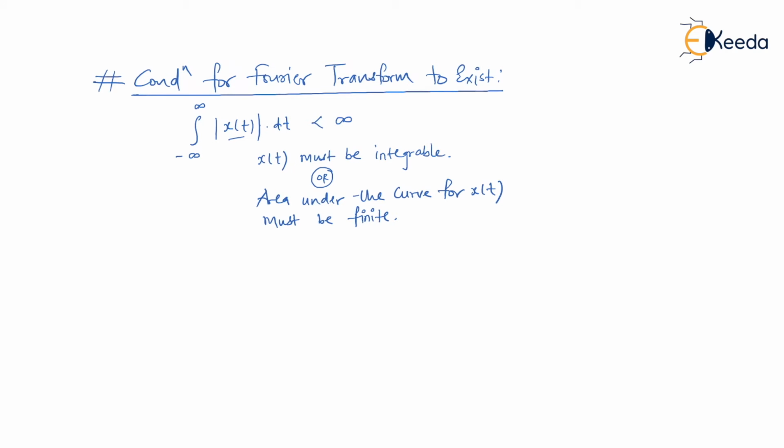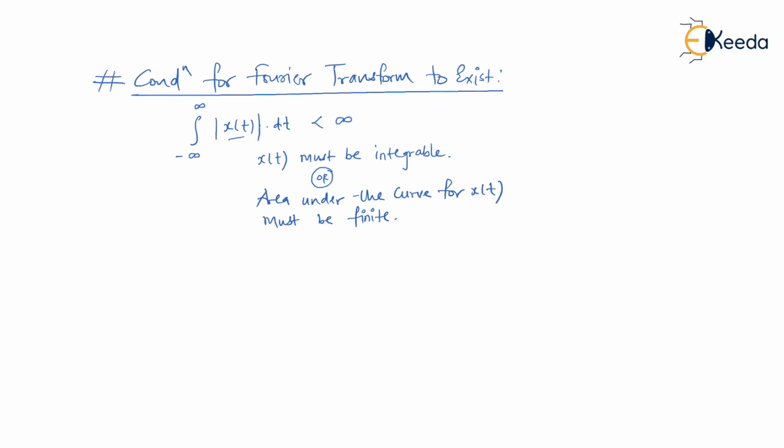So even though this condition is not satisfied, still we can apply the formula and check whether the Fourier transform does exist or not. And sometimes it happens that even though the given condition is not satisfied, still the Fourier transform does exist. So let me tell you, this condition is called a sufficient condition, but this is not a necessary condition. Try to understand the difference between a sufficient condition and a necessary condition. When I say it is a sufficient condition, it means if this condition is satisfied, I can bet that the Fourier transform does exist.